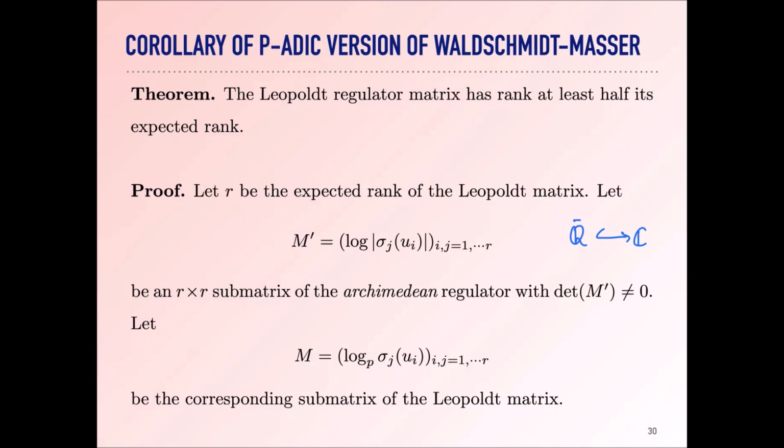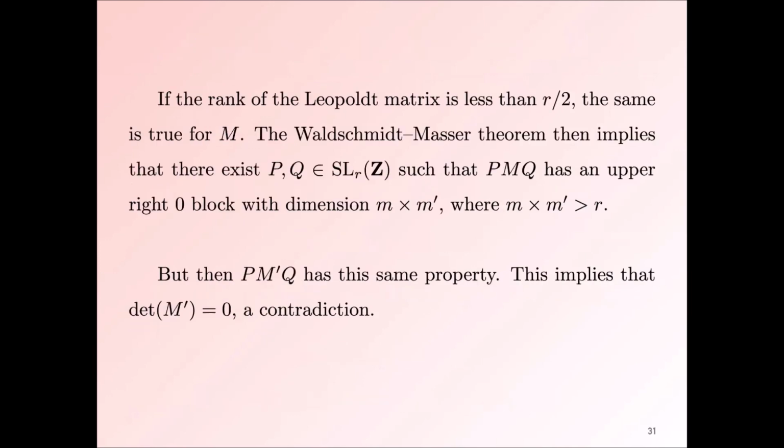Okay, but then if you look at the corresponding submatrix of the Leopold matrix, and I have this m and m prime. If I could show that this matrix has determinant that's non-vanishing, then the p-adic matrix has rank at least R. Okay. Now, if the rank of the Leopold matrix is less than R over 2, then the same is true for this submatrix that I chose. And then the Walsh-Master theorem, the p-adic version, tells me that there exists